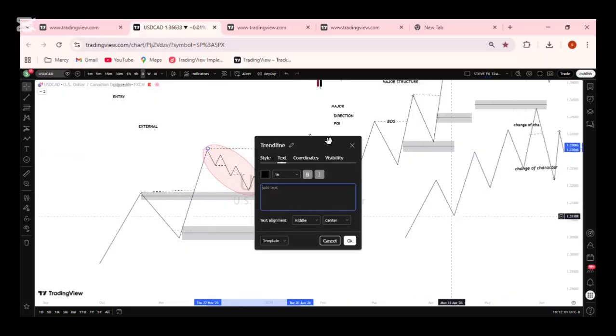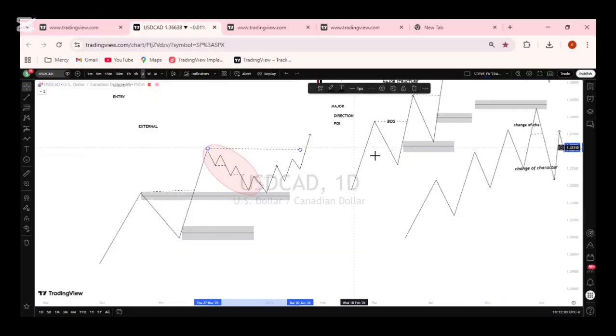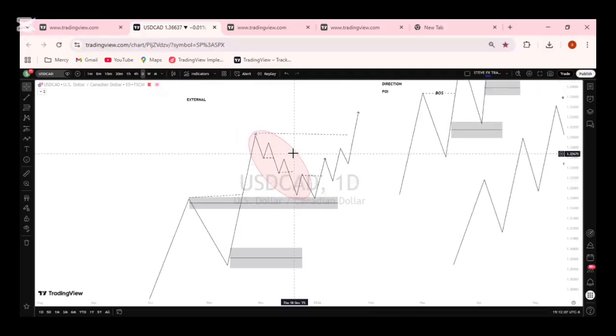So a break of structure on the external time frame may mean counter trade opportunities, or